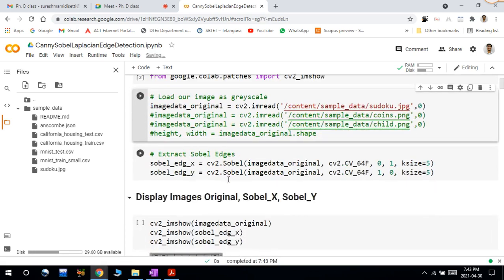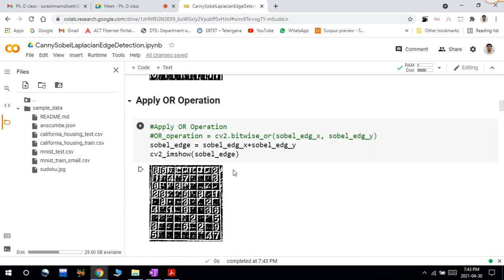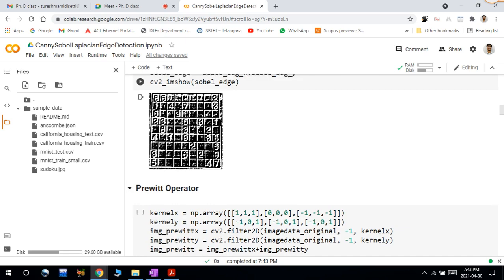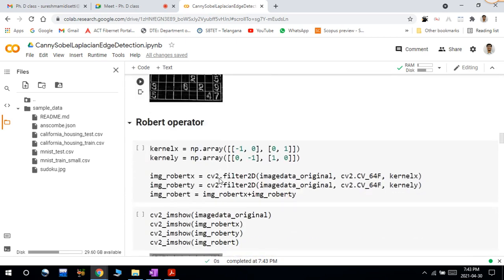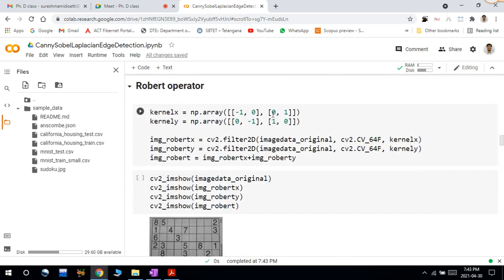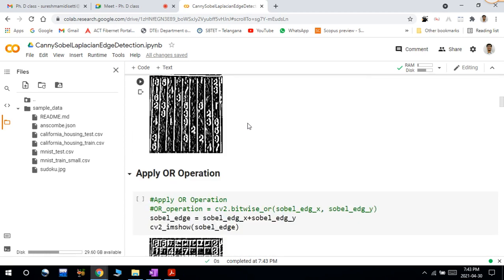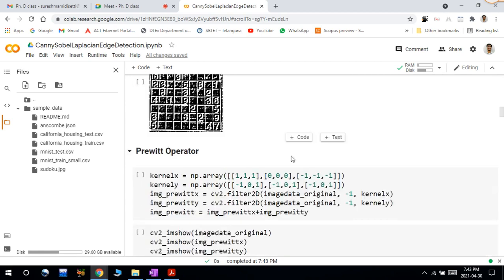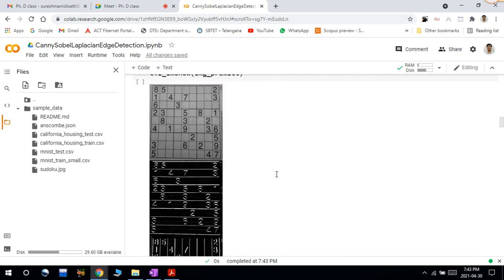So in the previous class we have seen all this: Sobel filter. Whenever I apply Sobel X and Sobel Y, and after this one I will apply the Sobel filter and Prewitt filter. We have seen. And next the Roberts filter, which takes only the diagonal, which is used to find the diagonal values only, 2 cross 2. Unlike this Sobel filter and Prewitt filter, we will take a 3 by 3 filter, and both in the x direction and y direction, two filters are there.